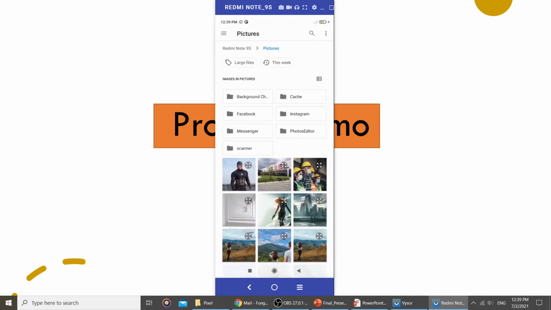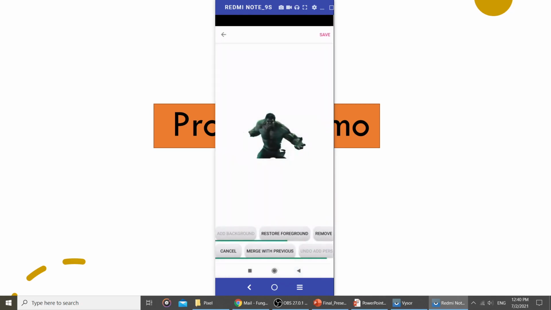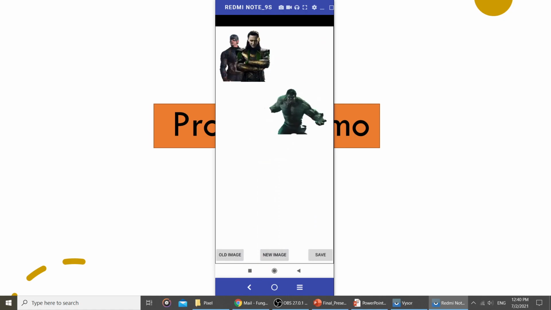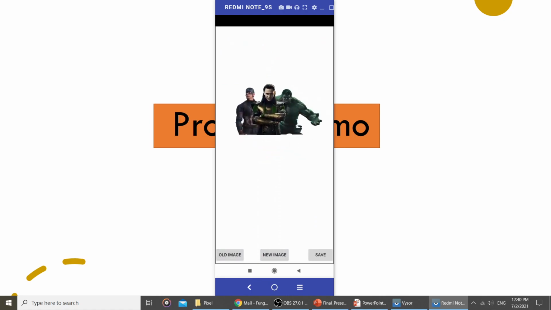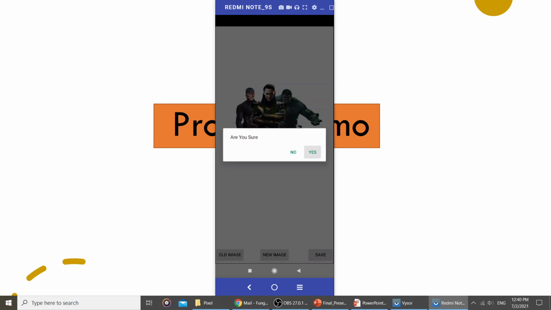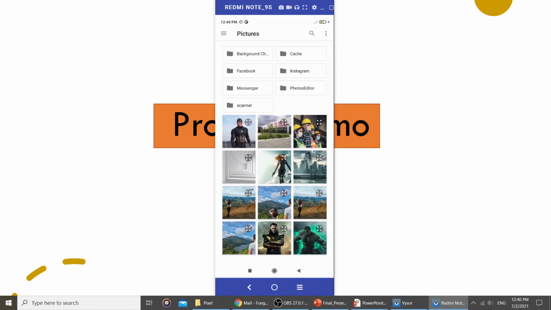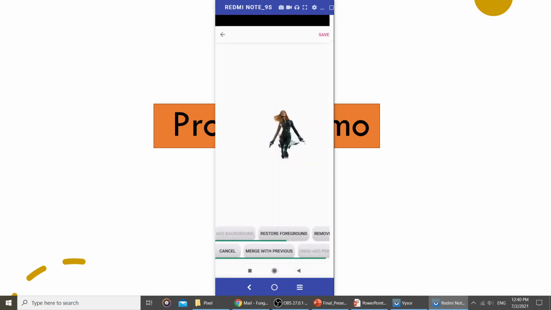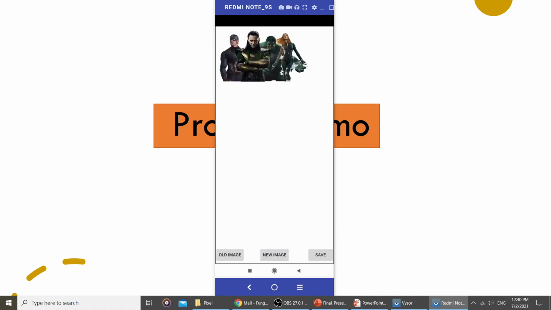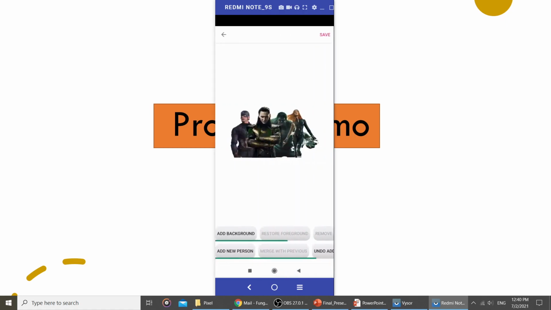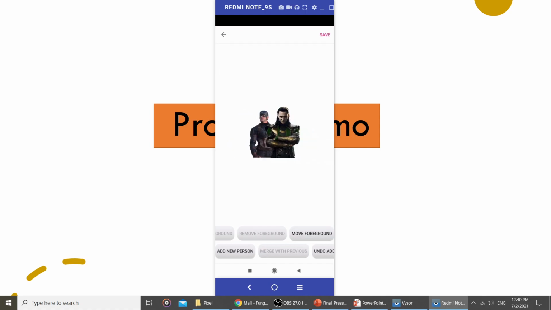We can continuously add another picture and merge, and save it. And we can still continuously add up until five. We just simply put it here, okay. And if we don't want the previous one, we want to undo that, of course you can press undo, and then go back to the first image one by one.